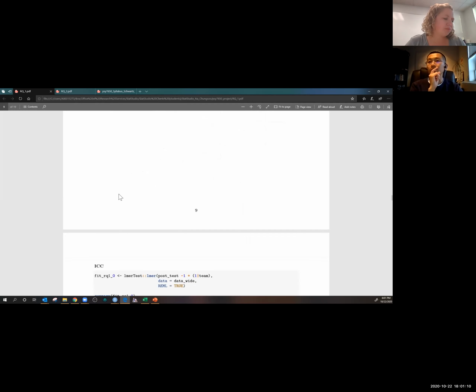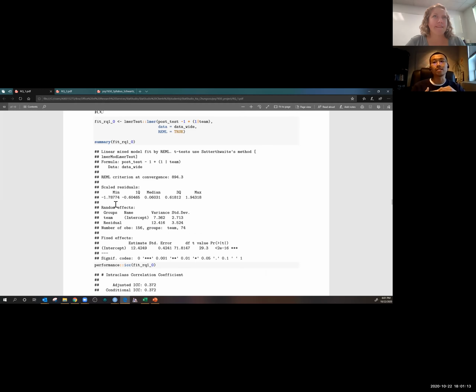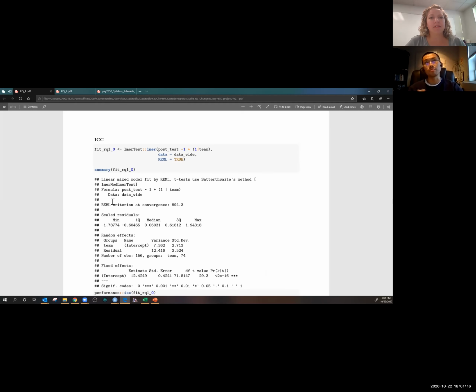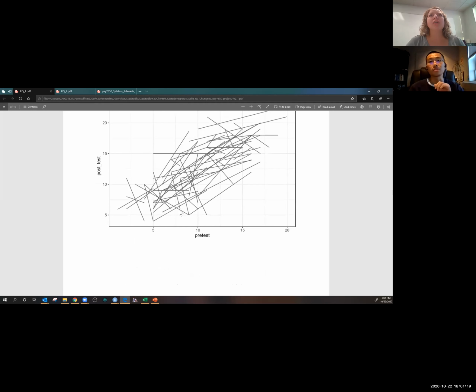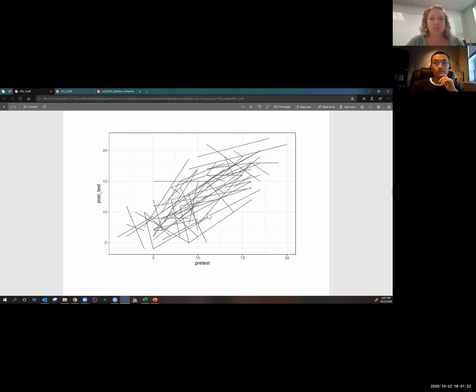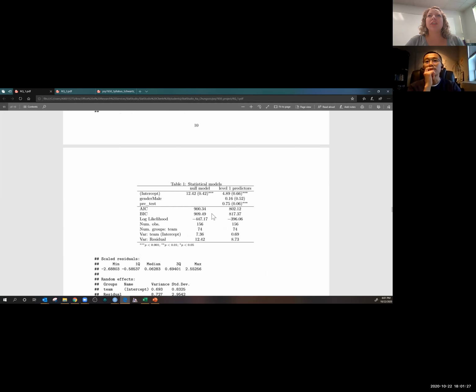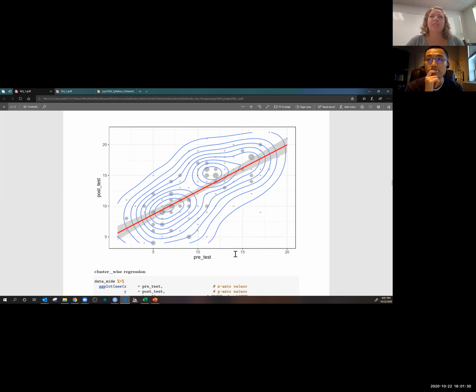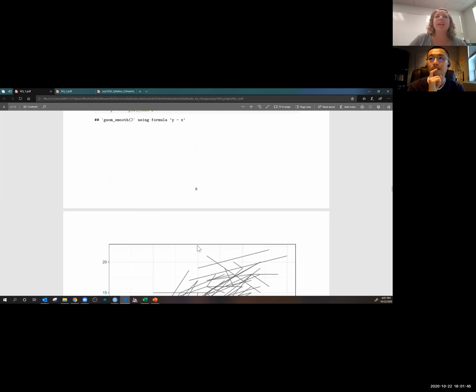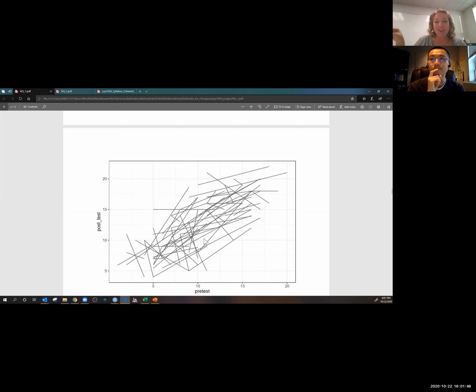Yeah, I was just wondering about the distribution of the pretest, and I just wanted to check the relationship between the pretest and post-test. So I would probably take the lines off and just do the points for this one. I see. Just a scatter plot. And I think that's what you did here. Yep. So this is the scatter plot, but with the geom count for the overplotting and the density and the smoother. This one definitely spoke volumes. This one told me pre-test and post-test are definitely associated. Yes. And I get that you were trying to somehow connect the partners or the triads together, but I don't know.